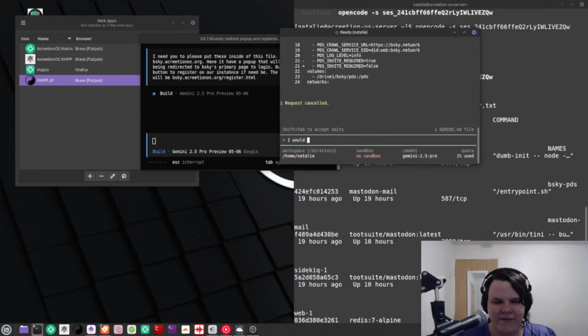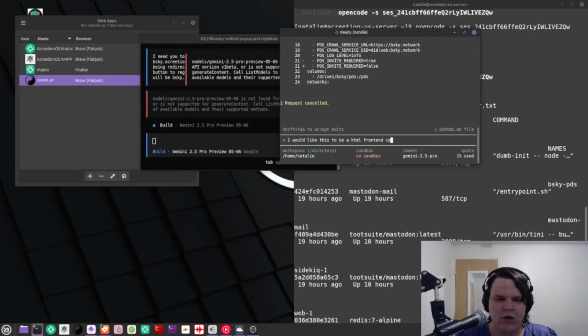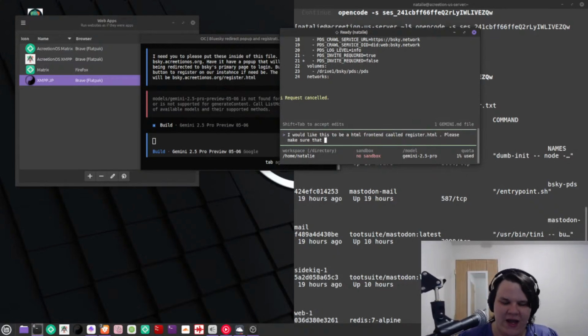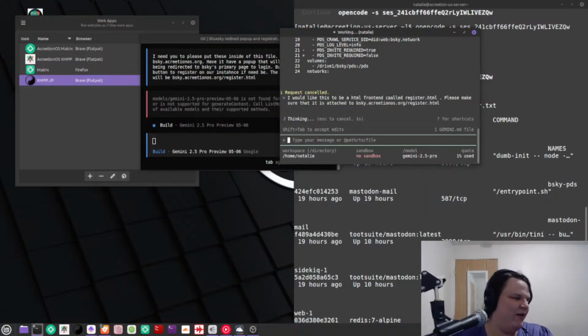I would like this to be an HTML front end called register.html. Please make sure that it's attached to bsky.inclusionalness.org/register.